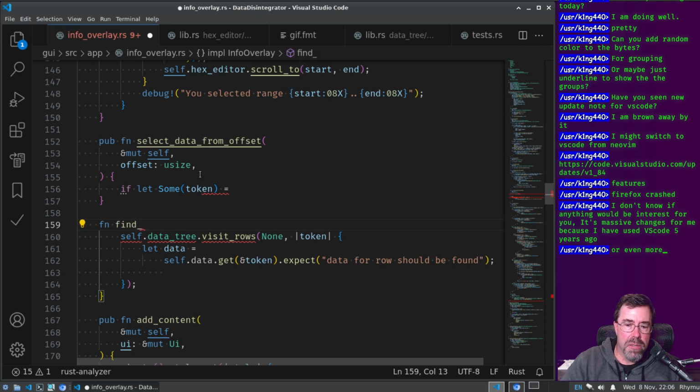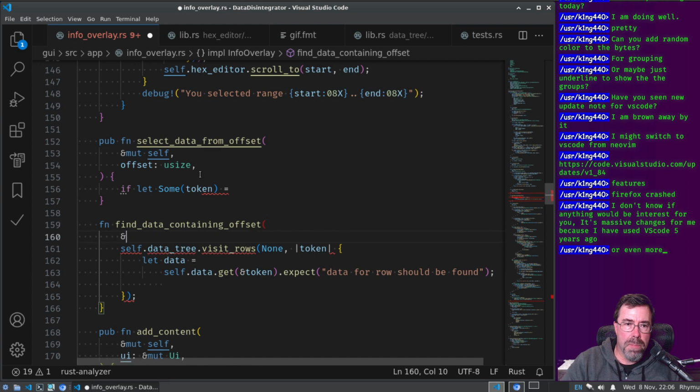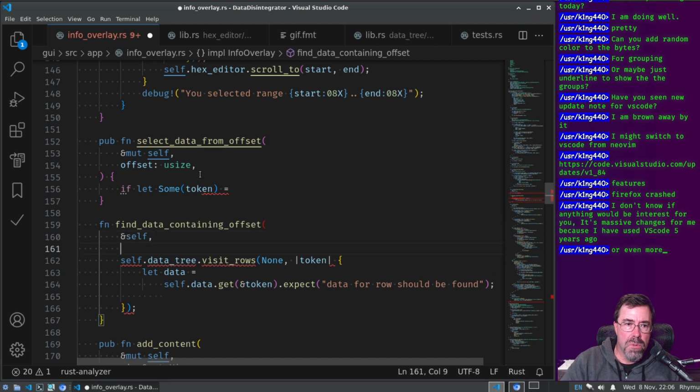Find data containing offset. Offset size, or find child containing offset, and that means